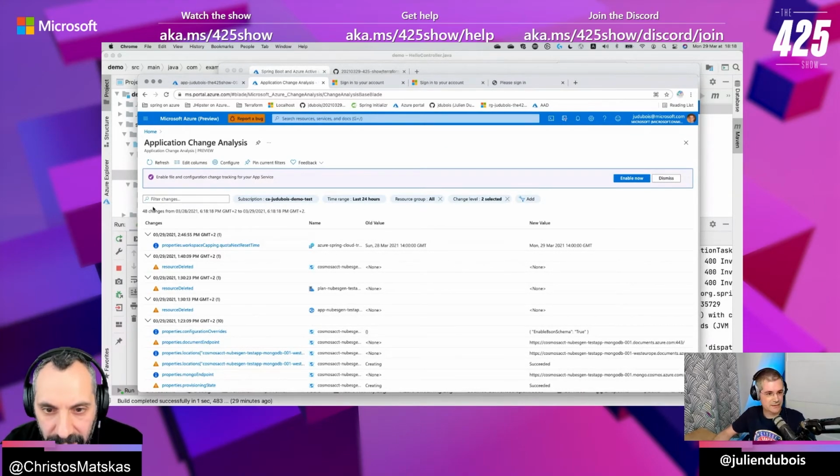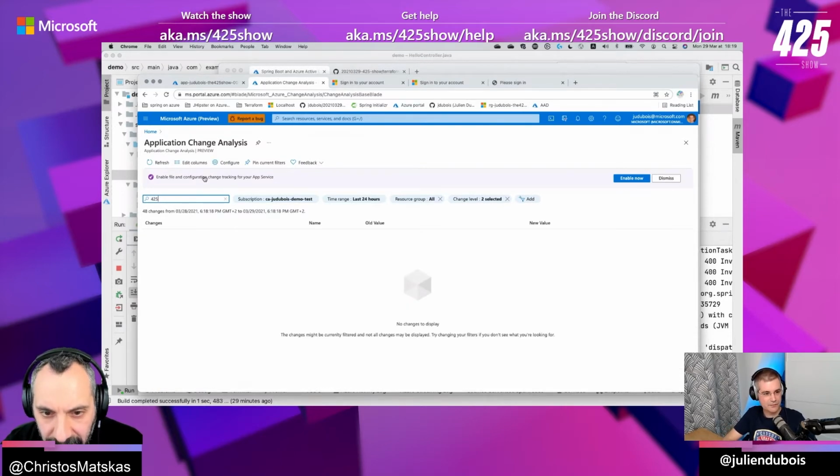Where do you see the details? Well, you need to find the right resource first, right? Yeah, but I'm not seeing anything on my app here. You're not? That's interesting. No, there's nothing. Like, we didn't change anything. That's weird because we did change some configuration.